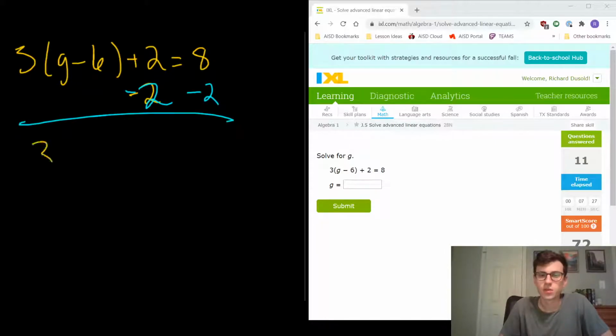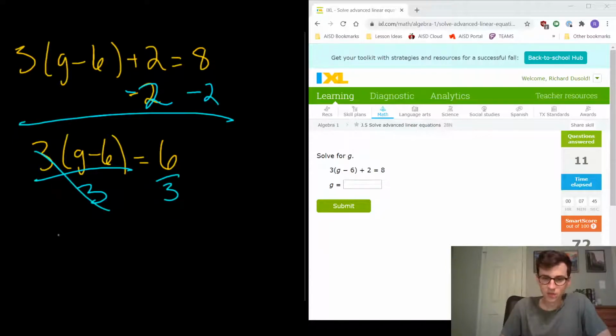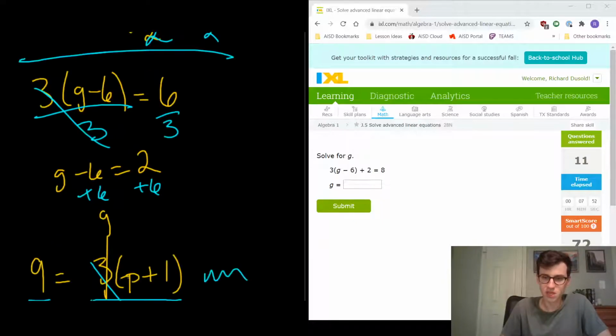Okay, 3 times (g minus 6) equals 6. And that works because, right, we're going reverse order of operations. Normally I'd have to distribute first and then add 2, but since I'm undoing that, I can subtract that too. Okay, now look, beautiful. I can divide by 3. g minus 6 equals 2. Add 6 to both sides. g equals